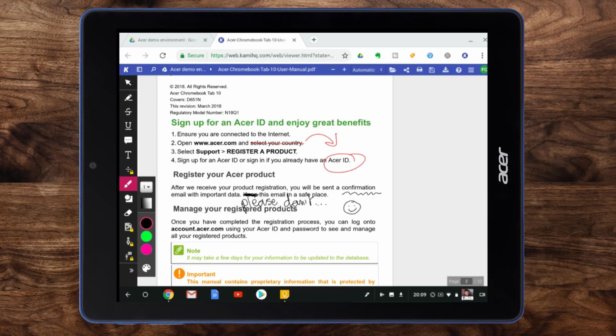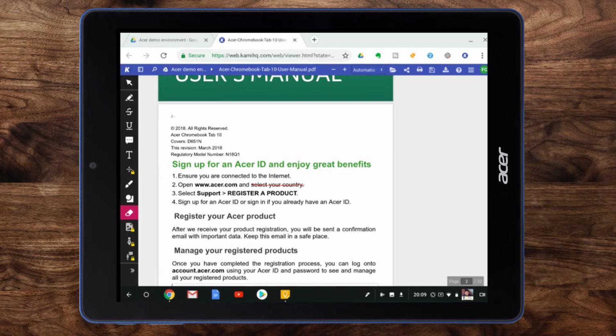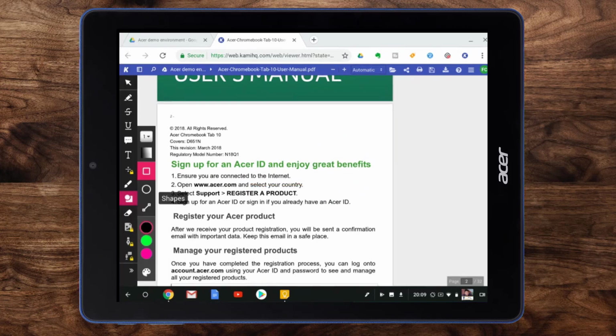Now let's go ahead and select the eraser tool, and let's get rid of some of these annotations. There we go. Now when you're working on PDF files, you will notice that it's still easy to scroll. You can even add shapes. Let's go ahead and add a rectangular shape to the top of our document. There we go. Let's highlight another word,